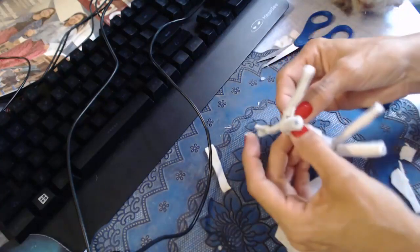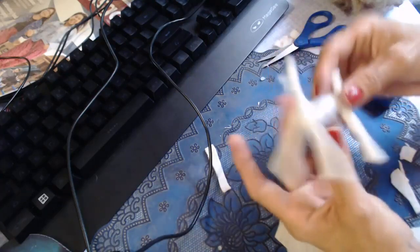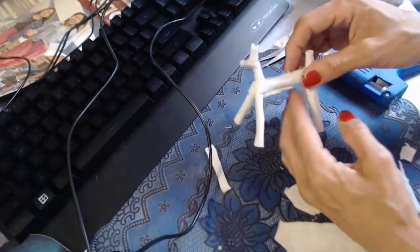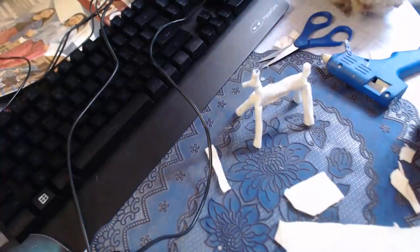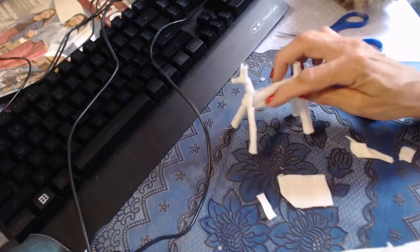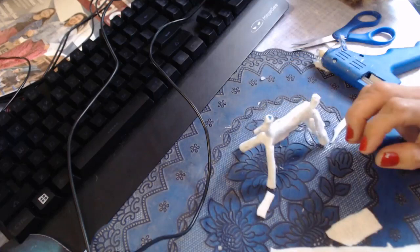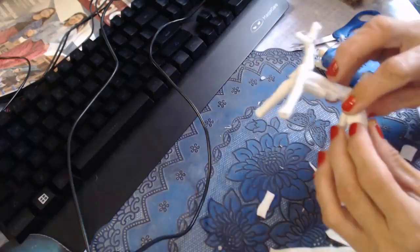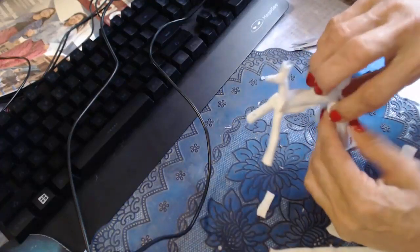There you go. Remember, it doesn't have to be perfect. So it's going to be covered up with yarn. It just gives it some padding, and you can even add another layer right there, depending on how thick you want that to be under there. So that way it'll show a little bit more thickness, like the trunk of the standard poodle is. So you do the same for the legs, and it's up to you on how thick you want that,